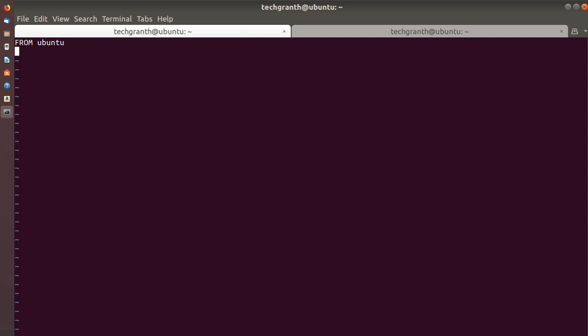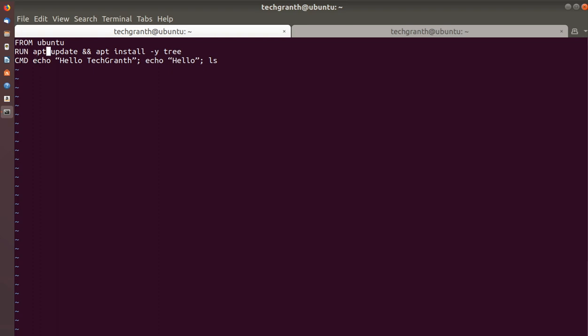Okay, so we will be using this command RUN. We will use it to run apt update, and okay, let me change it to apt install -y, in case it needs any response from our side, and apt update.